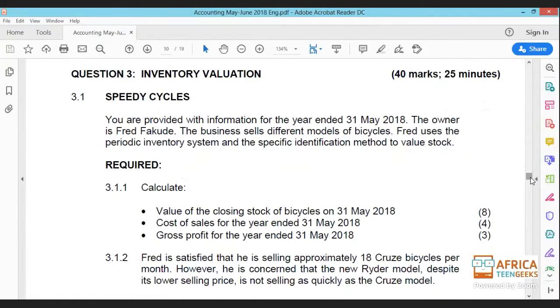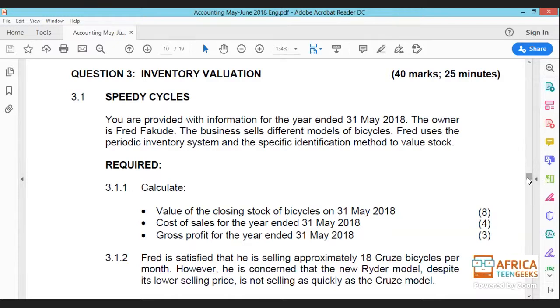So basically here, Fred uses the periodic inventory system. We know what the periodic inventory system entails, and we know the specific identification method. How does it work? Now, you are required to calculate the value of the closing stock of bicycles at 31st May 2018, the cost of sales for the year ended 31st May 2018, and the gross profit for the year ended 31st May 2018. So I would like us to look at 3.1.1 first, the value of closing stock using